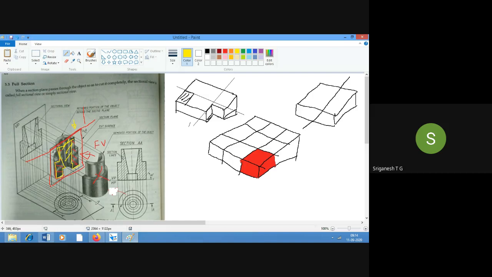Okay, and then we have the sectioning plane. Now, how do we represent the sectioning plane? It will be represented like this. Just look at this particular portion over here on the right half side. So the section plane is passing exactly at the center of the circle.